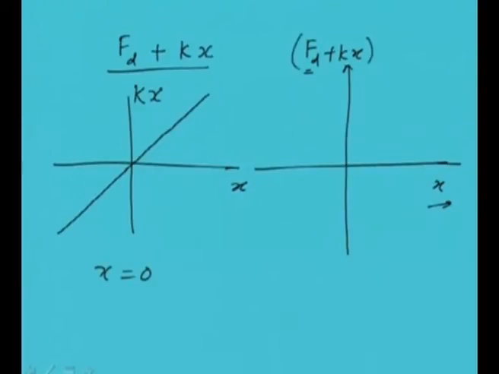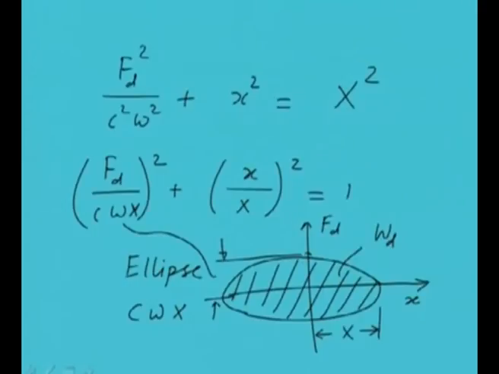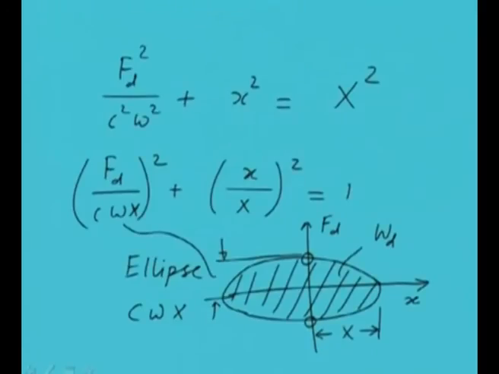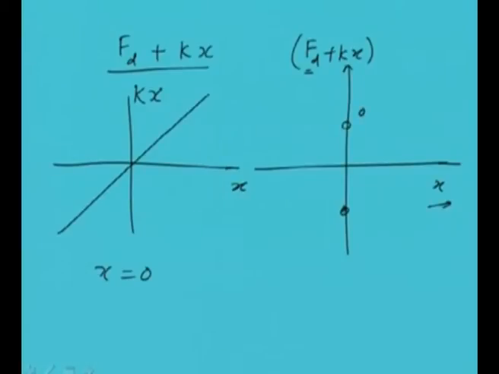This particular term remains the same, it is not changing. That means it remains as the previous plot, this one. So these two points will remain the same in this graph. But as we increase x further, we'll be adding the kx, because now the x is having some finite value. So you'll see that this point will move upward, so somewhere here. Similarly, if we plot all these points, you'll see that the ellipse will take a particular shape like this,